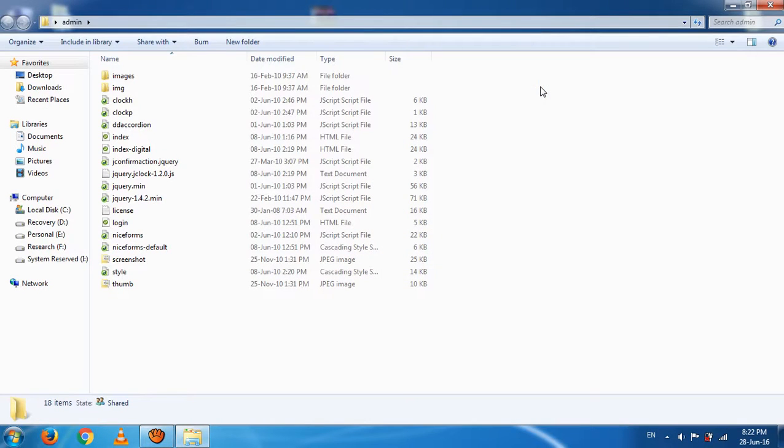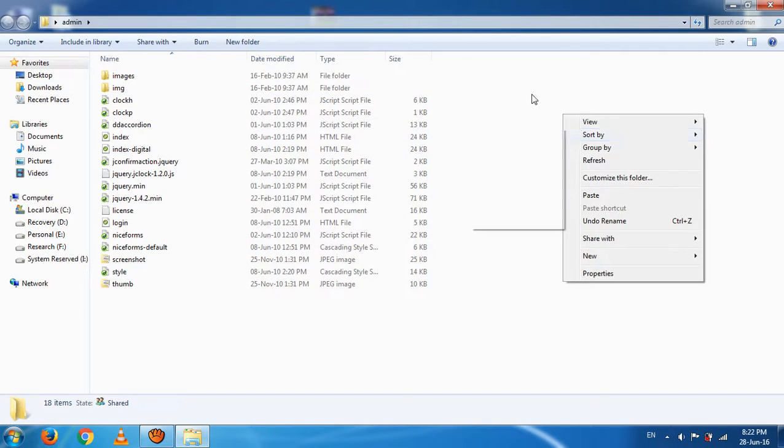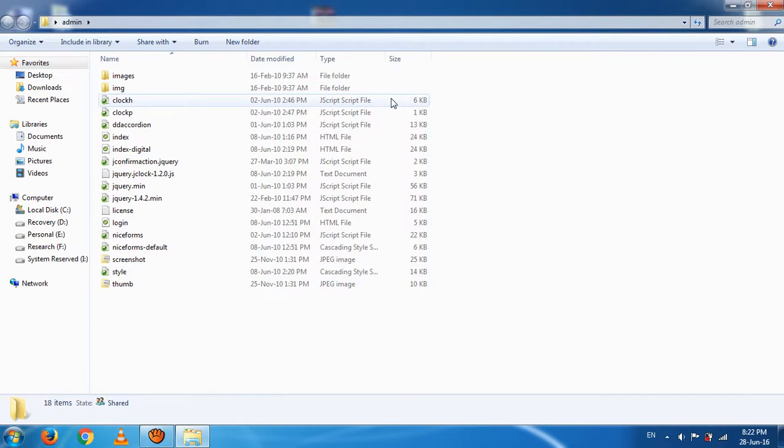It contains a number of files, including PHP files, HTML files, and JavaScript files, and all of these are available in this particular template. Whatever template you download for your project, it contains a number of files like Sketch, CSS, some images, HTML, etc.